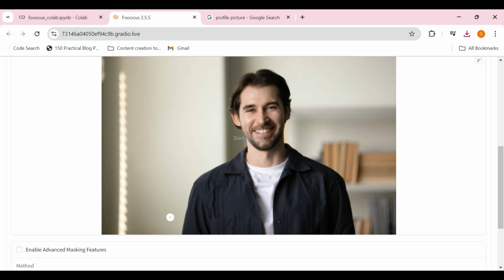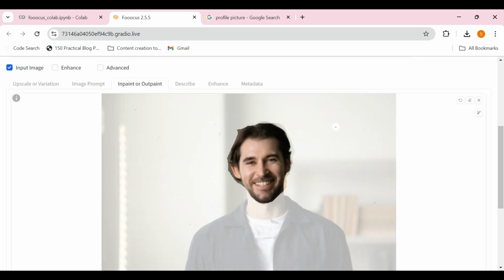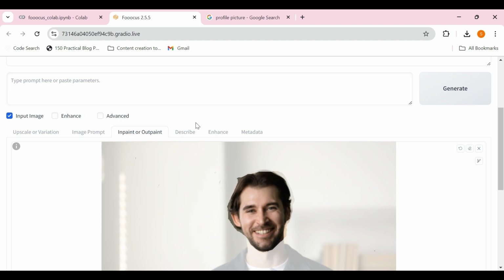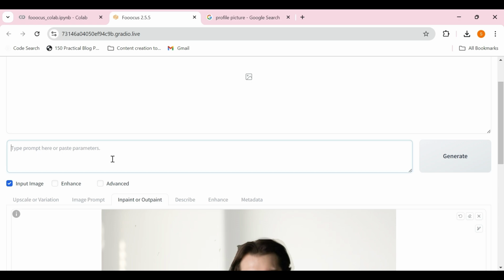This will be our third step to generate our profile picture. Here let's choose all the areas excluding our face. So let me quickly do that. Here I'm almost done with choosing the entire area except the face. Once we are done with this, let's go and describe this image. Here give the prompt,